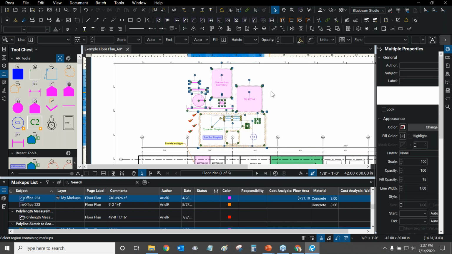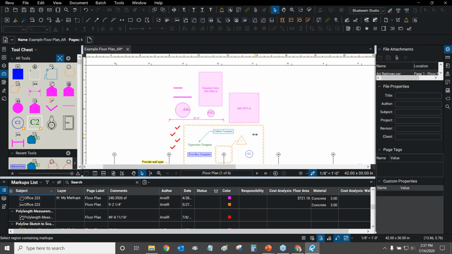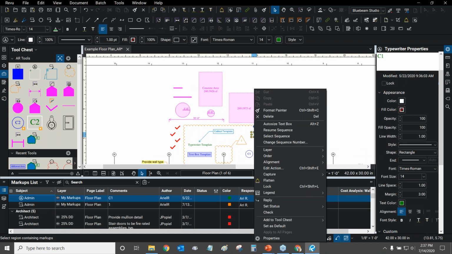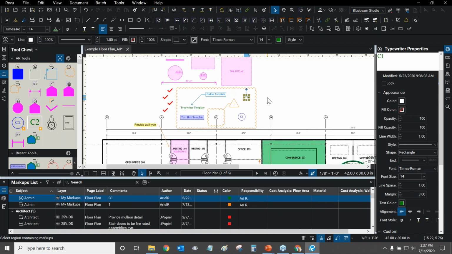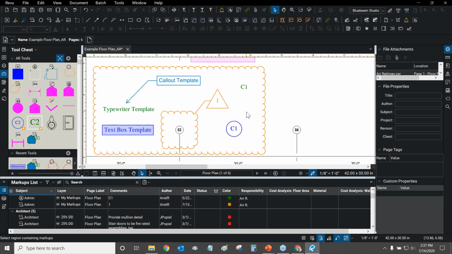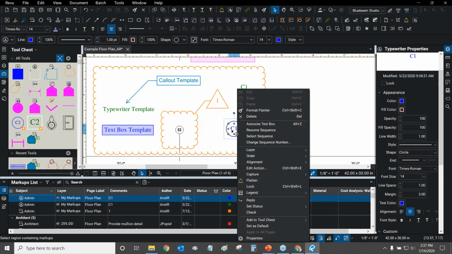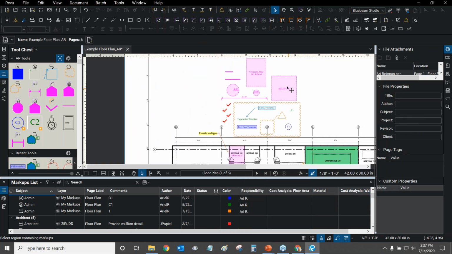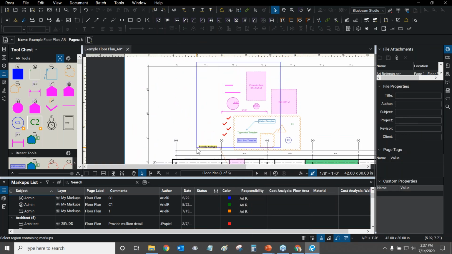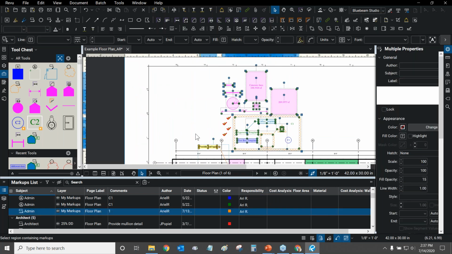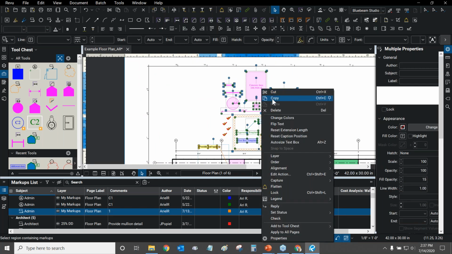Anyway, sometimes little bugs like this happen. So this is quite interesting. Perhaps it has to do with this sequence. Yep, it is. So sequences, that's something cool that I want to show you guys. Sequences cannot really be copied because a sequence is in order. So that's what's happening. These sequences are ruining everything. Let me show you what I mean. I'm going to select everything but those sequences right there, and right click on top of my markup. And now I can copy.